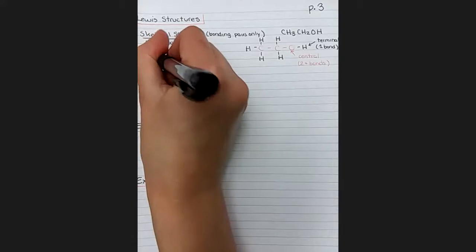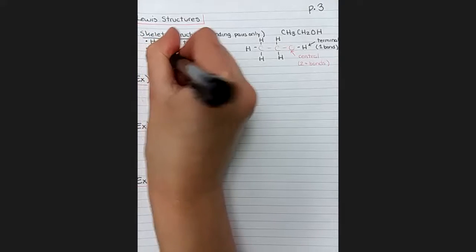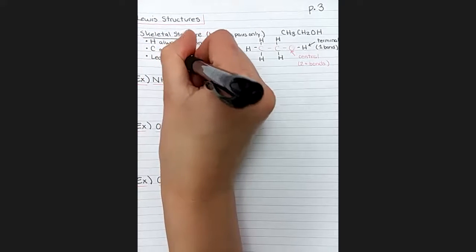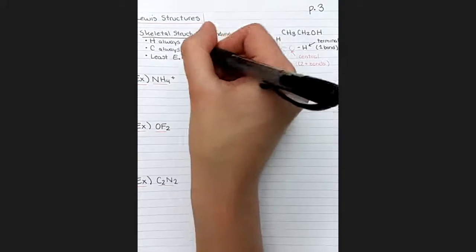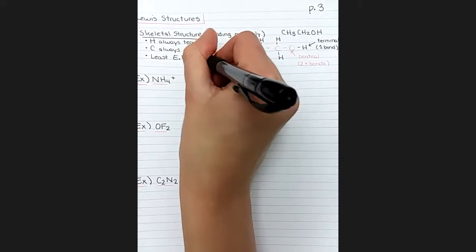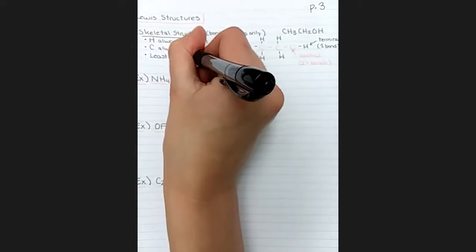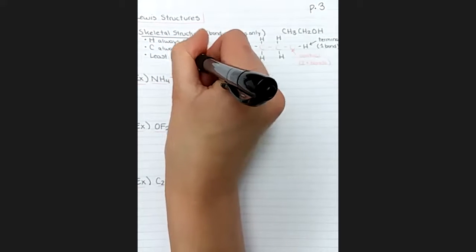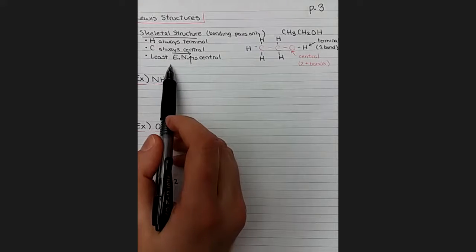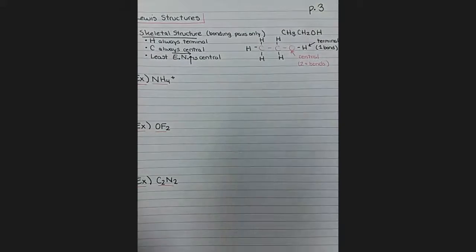And for all of the other elements, if we have to make the choice about what goes in the center, we will choose the least electronegative atom to be the central atom. Remember that electronegativity is greatest on the right and at the top of the table. So we're going to pick something that's at the bottom left of the table to be our central atom, like carbon or like